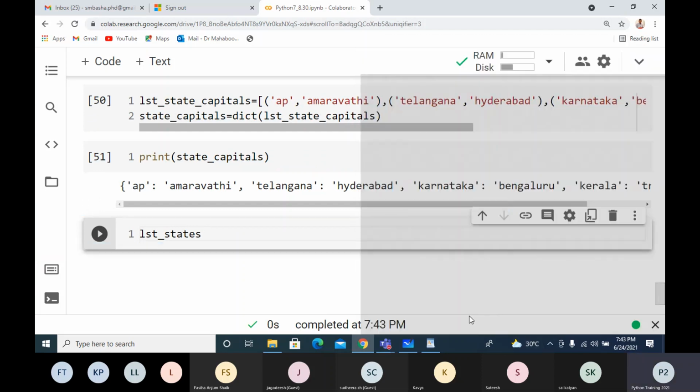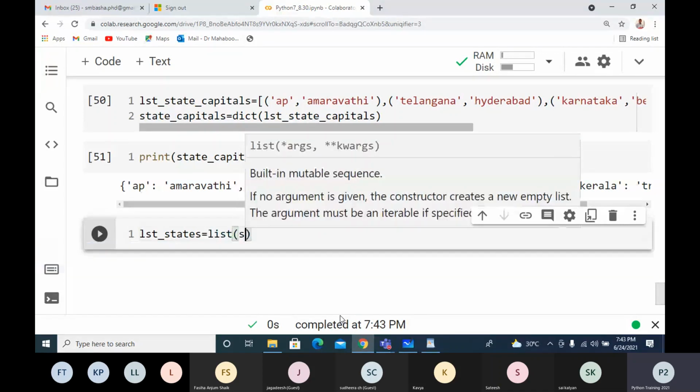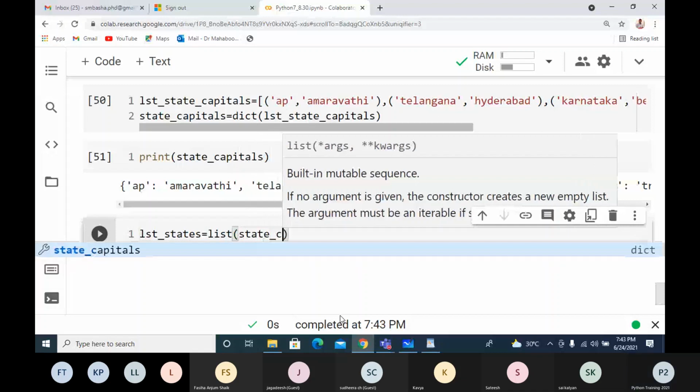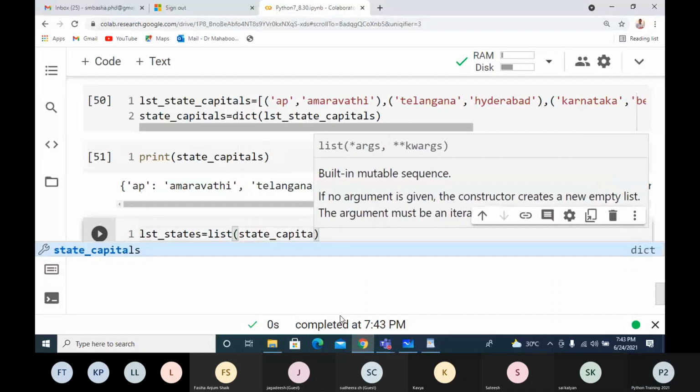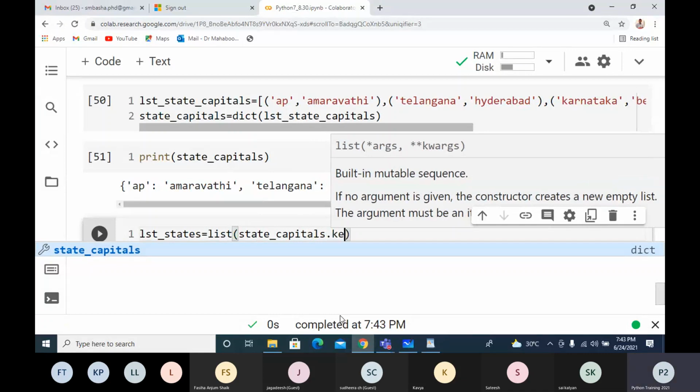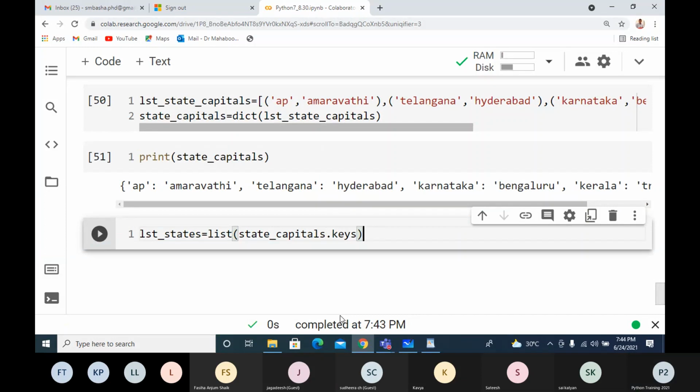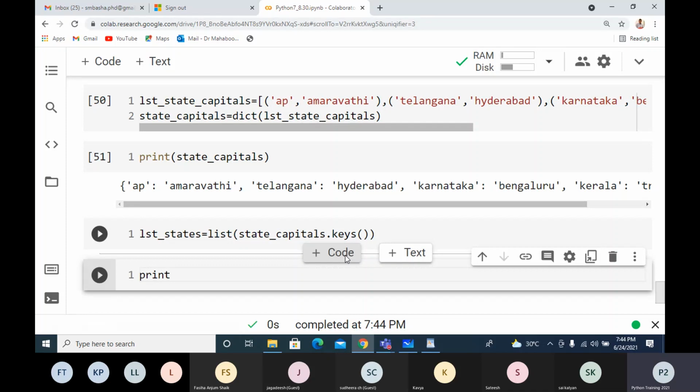I can do it with LST states equals list of state capitals dot keys. I'll execute this. So print LST states. So now I have states.